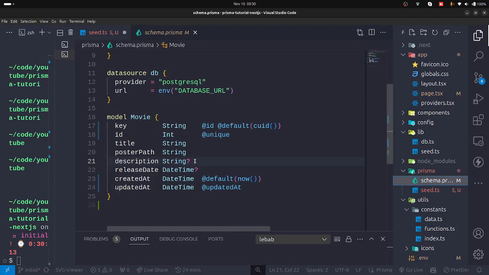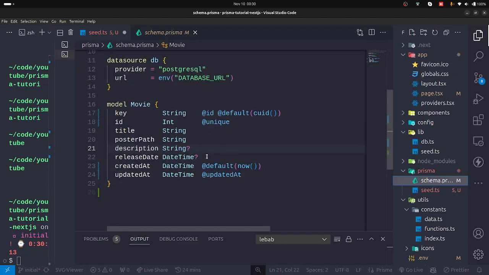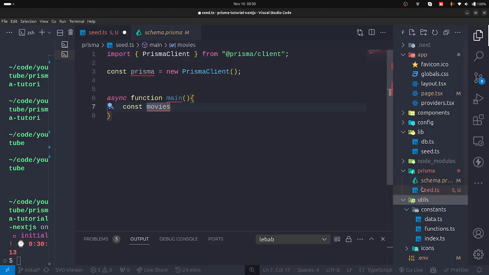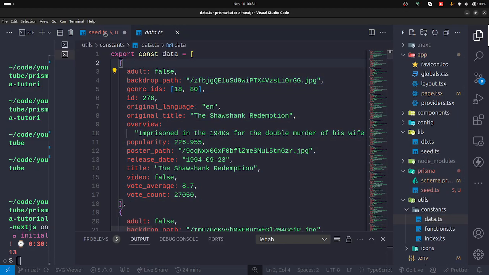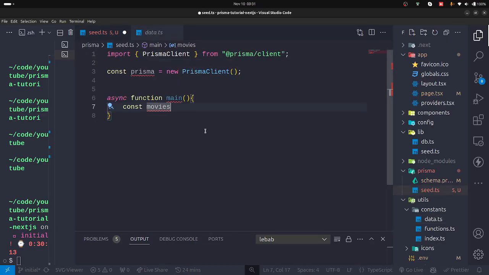This is what our database is expecting: an ID, a title, a poster path, and a description. So we need to reformat this data to look like whatever is expected in